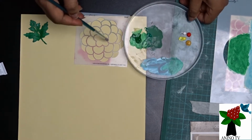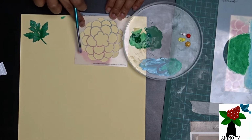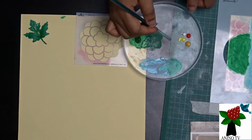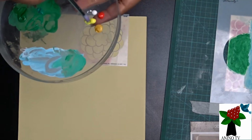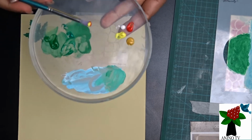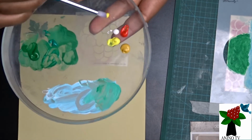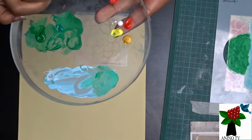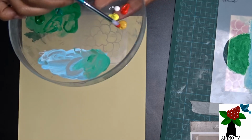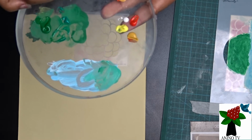I'm going to make the inner part of the petal. If we want to layer, we can do layering effect. That would be nice. Can do layering effect. The inner part is going to be darker, so take a little of the yellow and the orange and mix them to one side. Add a little bit of the